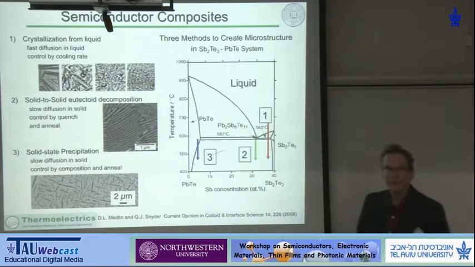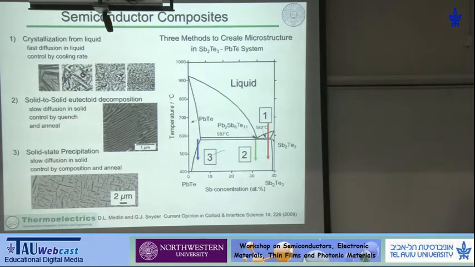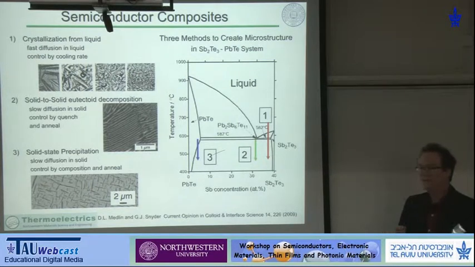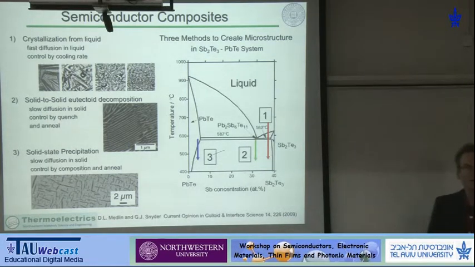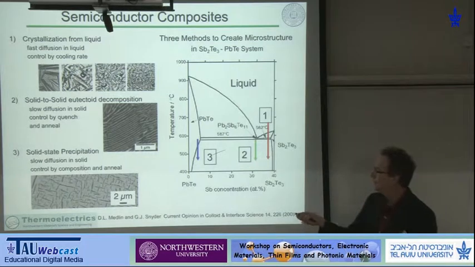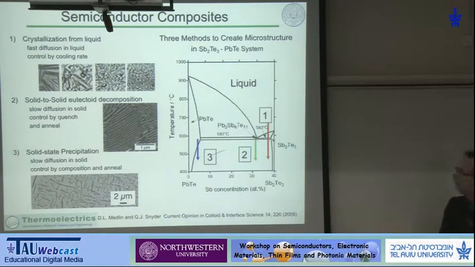Okay, so that kind of microstructure is good for reducing lattice thermal conductivity, and what we found is that by understanding the phase diagrams, we can go back to material science and say, well, we can use that to control microstructure for lots of different reasons. So one of our favorite systems to study is the phase diagram between lead telluride and antimony telluride, which